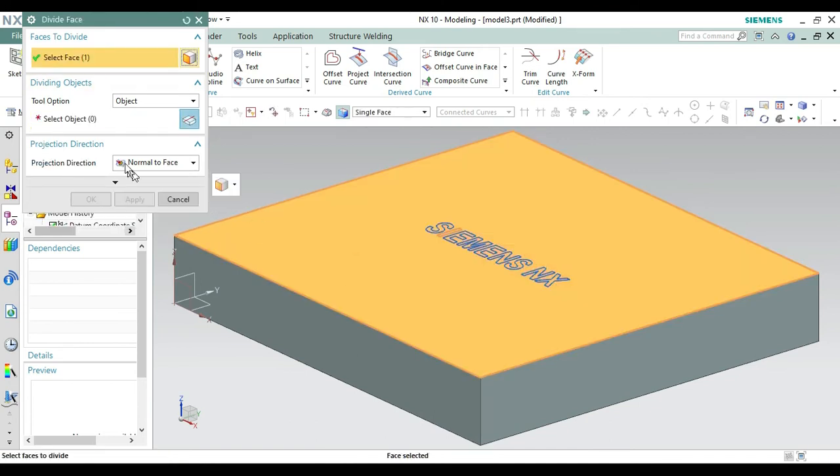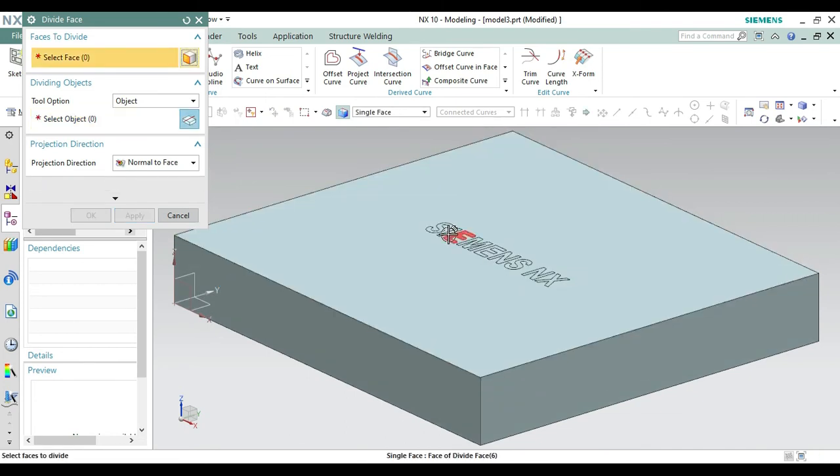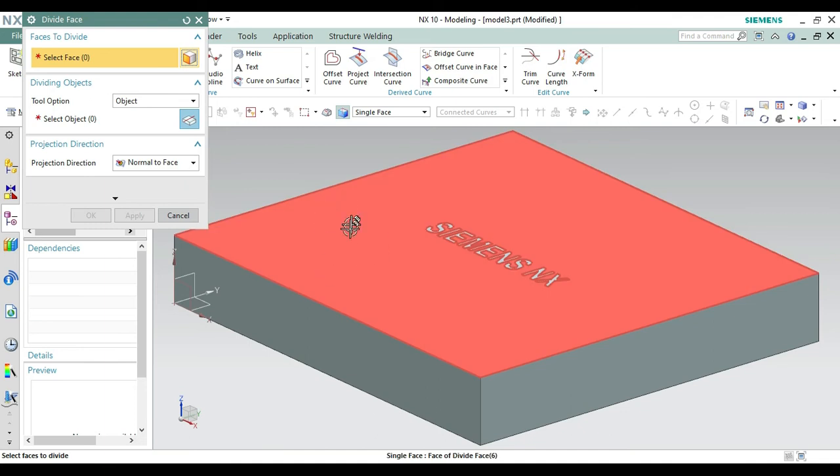Now again select the face. Now select the object, select this E, then make it reverse, select almost all, select this also M, select this E, select this N from here. Select N, also select S, then select this. See here S has been selected due to the change of that font. Okay, now select N, then X. Okay, I has been already selected. Now reverse the direction and make it apply like this one. Now the face of the vertex and the upper face has been divided.